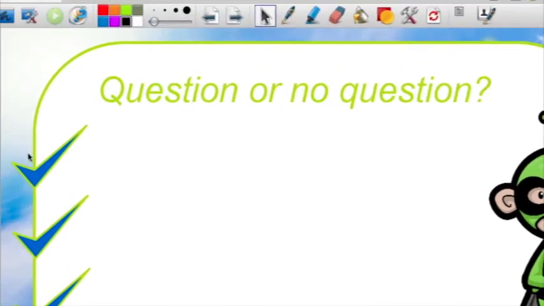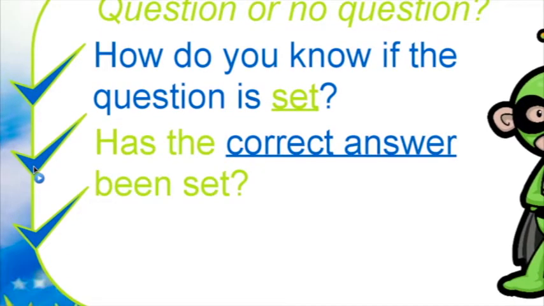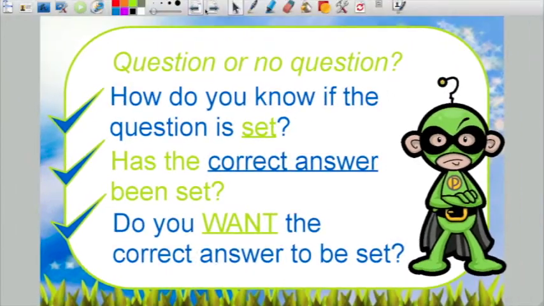But sometimes when you open a flip chart, you might note that there is a question on the page. But how do you know if the question is already set? How do you know if the correct answer has been selected? And do you want the correct answer to be selected? So let's answer these questions first, and we'll come back and see if we can't put a smile